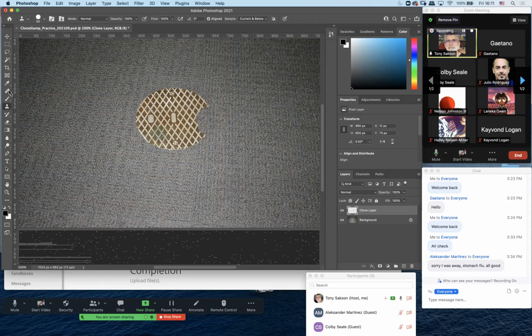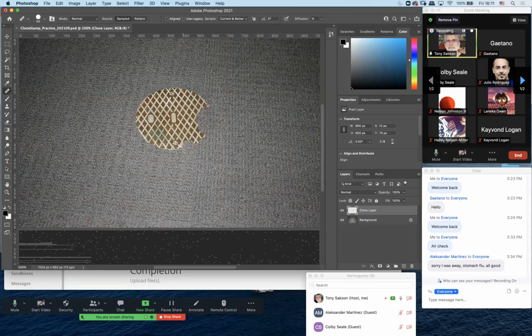The healing brush will let you sample the same way. Hold Option down, you sample. When it goes to stamp, it looks at the color of what you sampled and the color of the destination and tries to average them together. So now with the healing brush, let me go up and make a big bite size again. Let me come down here and do it. Hold down Option to sample. And when I clone on top of it,